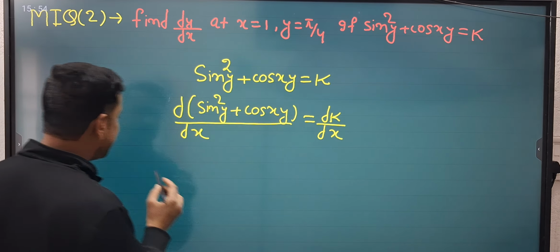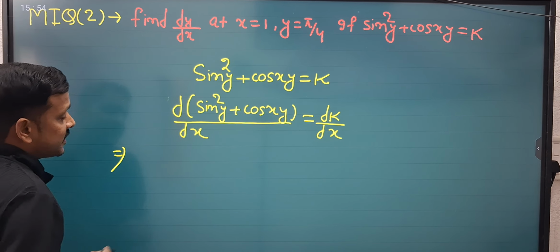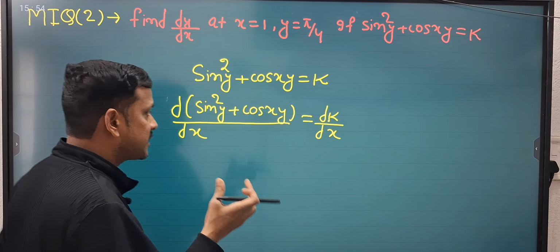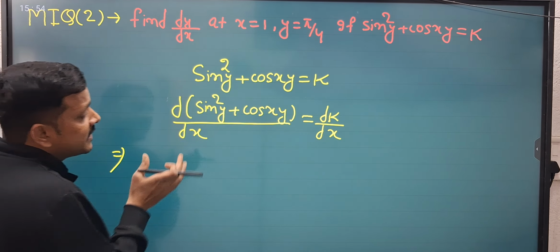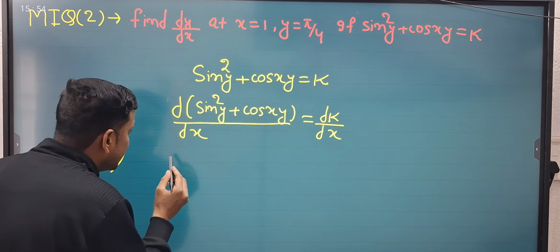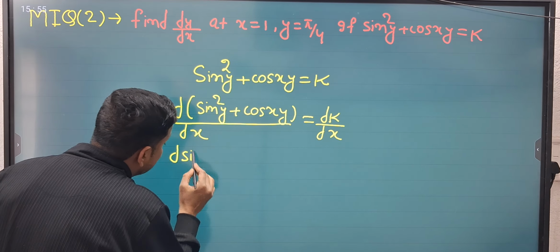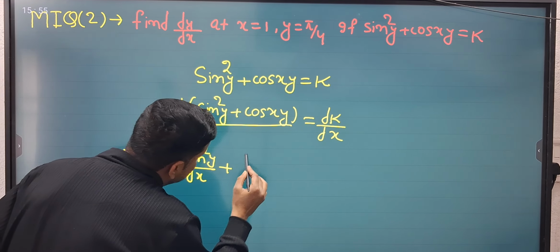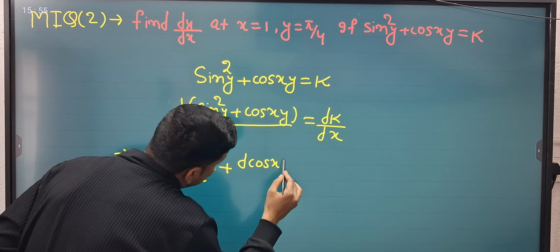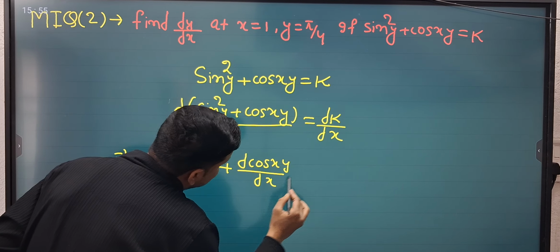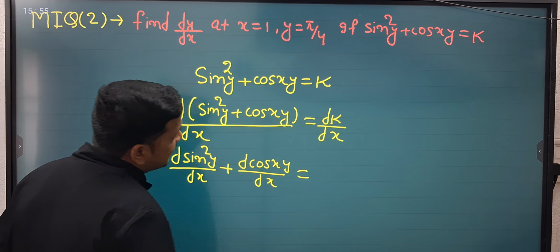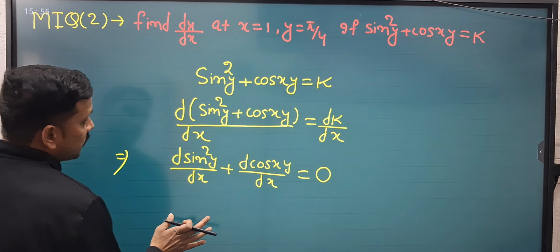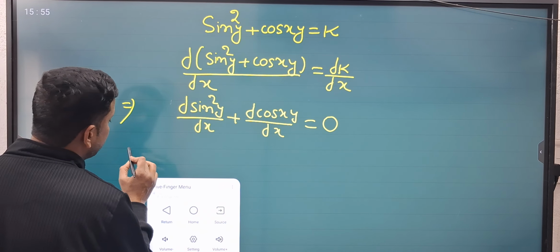K is constant here. If there are two or more functions in addition or subtraction, you have to differentiate each function separately. So you have to write here d of sin square y by dx plus d of cos xy by dx equals dk by dx. The differentiation of a constant will be 0, so you can put here 0. And the next term will be,